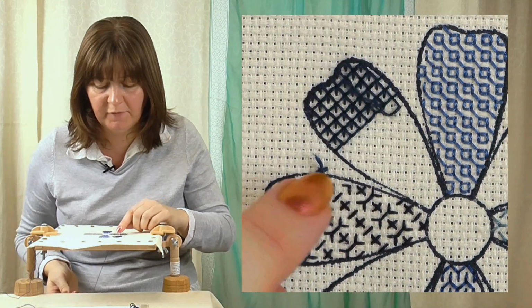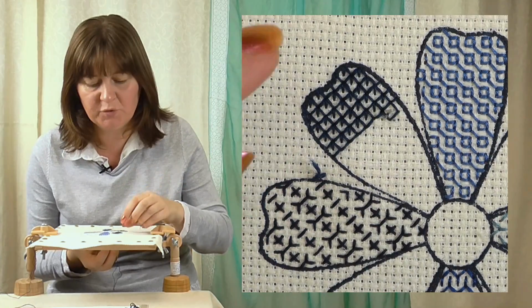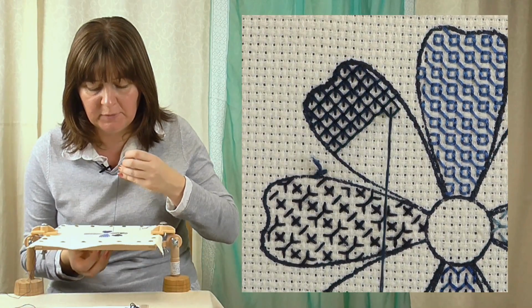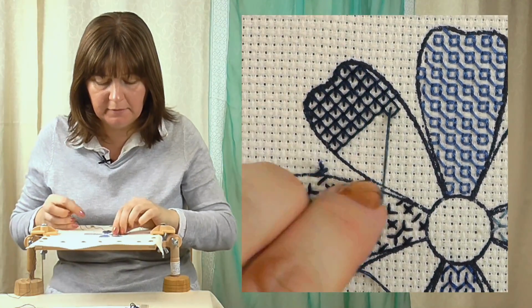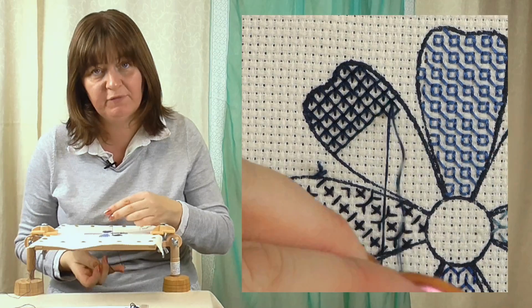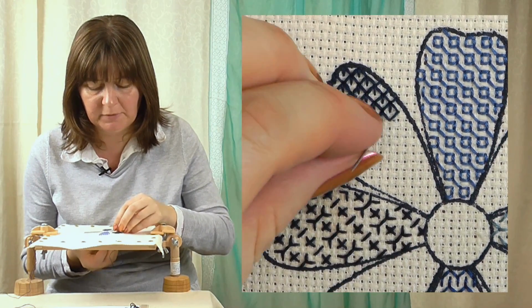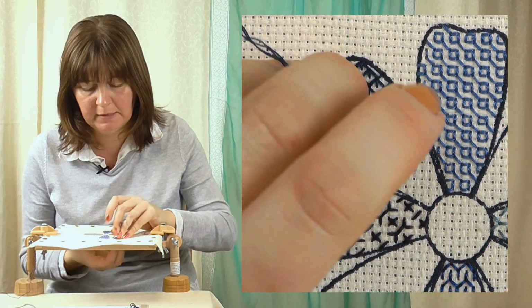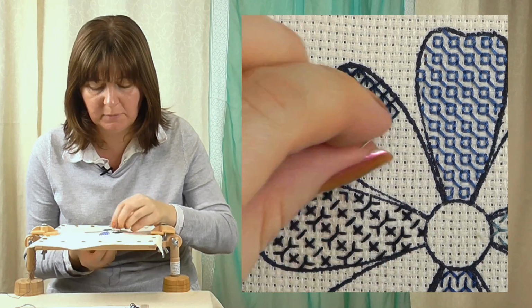down into there. And I find just putting in that little extra stitch from the centre while I'm doing the square is the best way to do it. So come right up in the middle of the square, show you like that, and then vertically upwards. You can do them all vertically downwards if you want to, but just do them all the same way, because it becomes a different stitch otherwise. So that's one square. So I'm going to work diagonally down my shape this way and put in the second square,